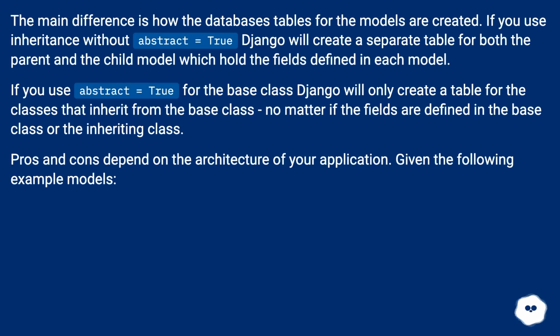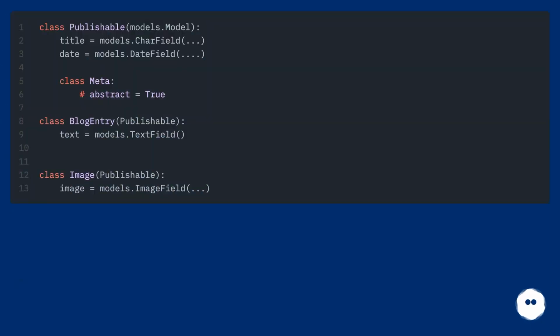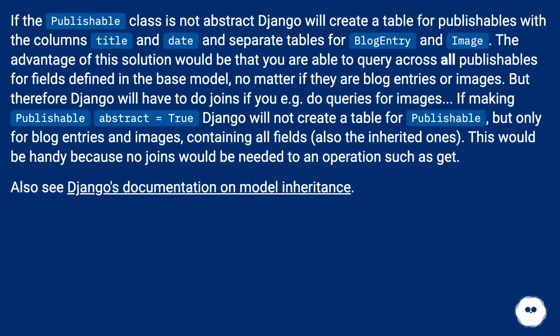Given the following example models. If the Publishable class is not abstract, Django will create a table for publishables with the columns title and date, and separate tables for BlogEntry and Image. The advantage of this solution would be that you are able to query across all publishables for fields defined in the base model, no matter if they are blog entries or images. But therefore Django will have to do joins if you, e.g.,